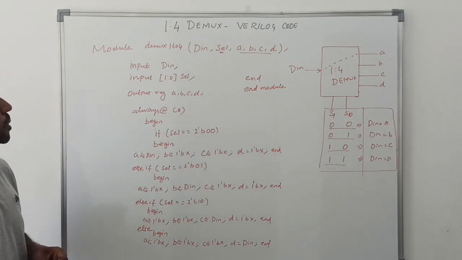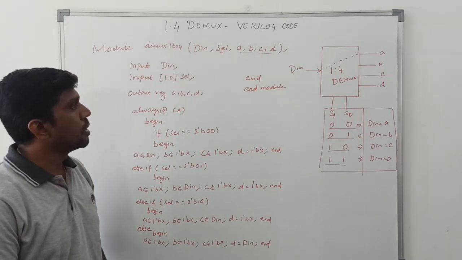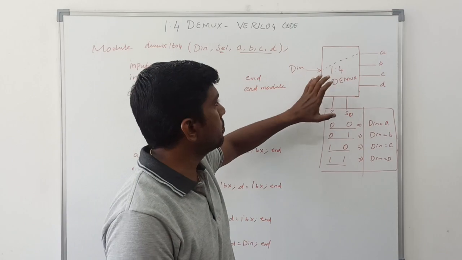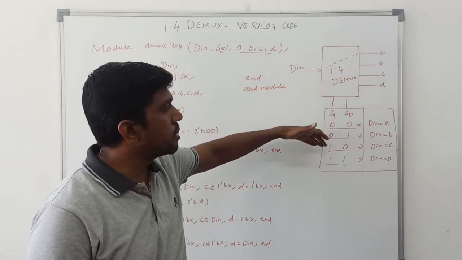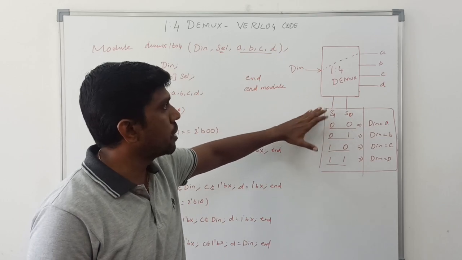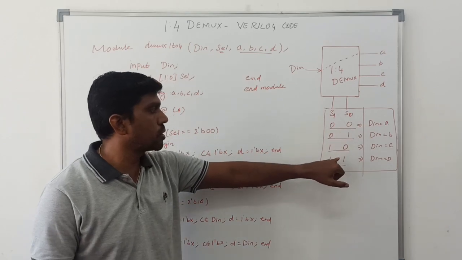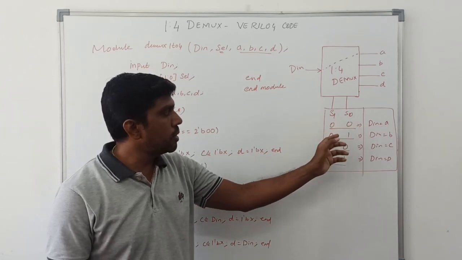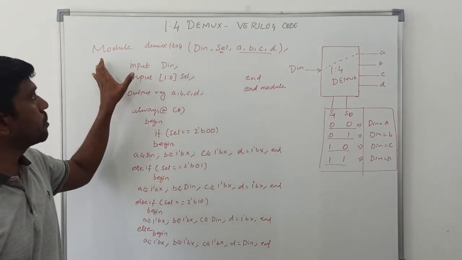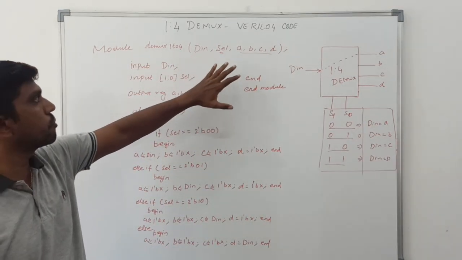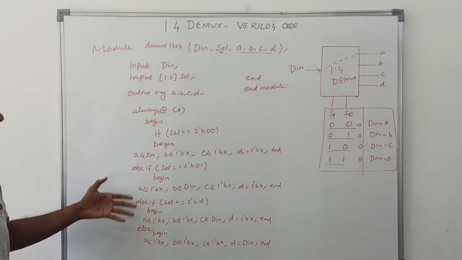So this is the simple program for a 1:4 demux using Verilog HDL. First you write the block diagram, then you assign the input variables and output variables. After that you make the truth table. Based on the selection line only, the input value is connected to an output. For selection line 0 0, 0 1, 1 0, 1 1, in the corresponding cases the input value is connected to the output. As usual you write the module name, then the declaration of variables, in and out variables. Then using the if statement, I am writing the program.